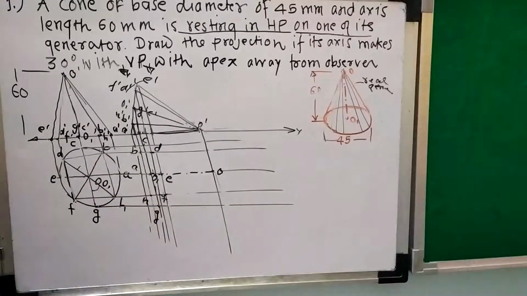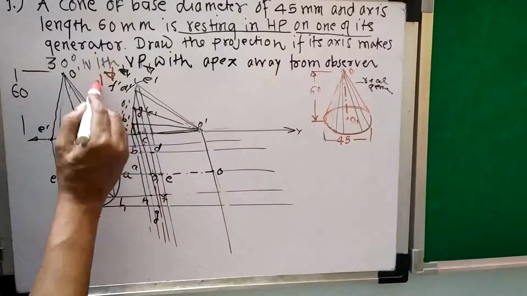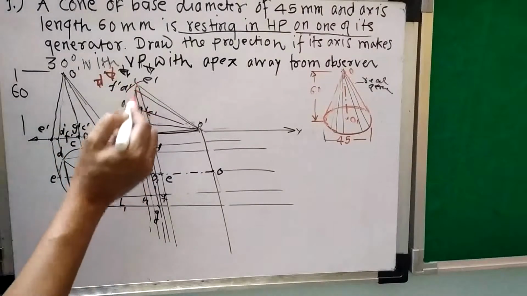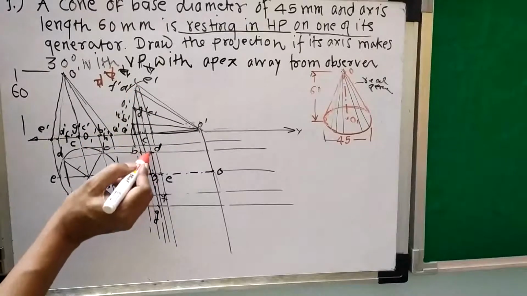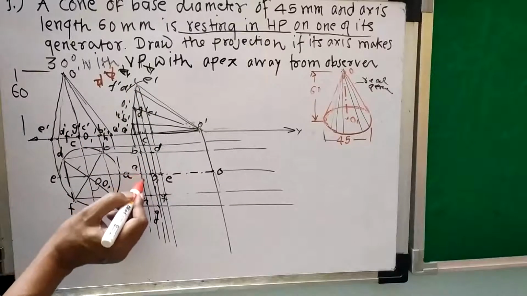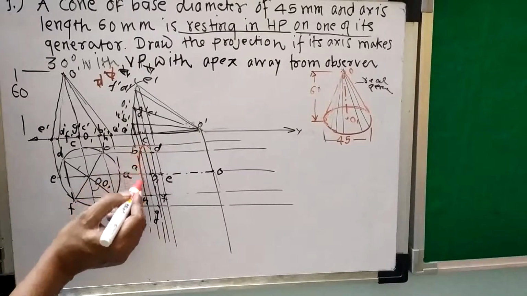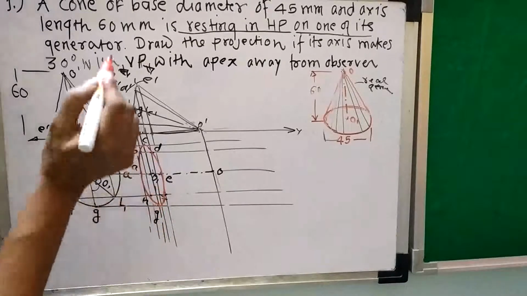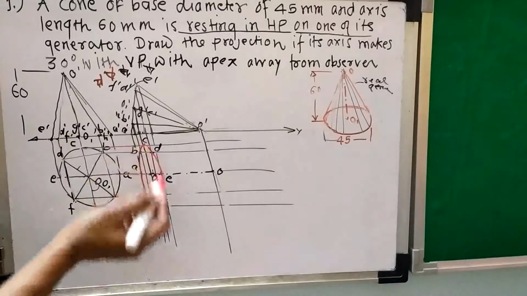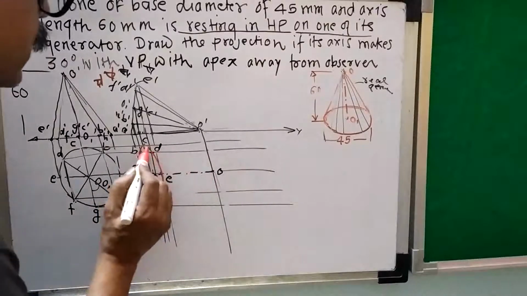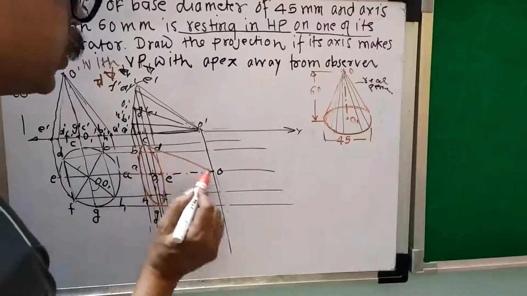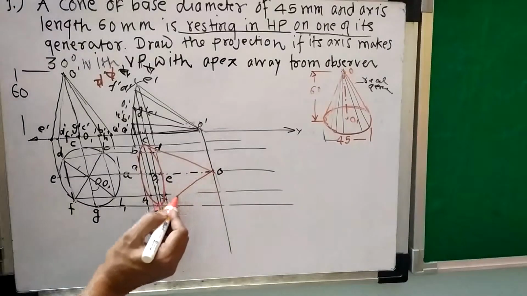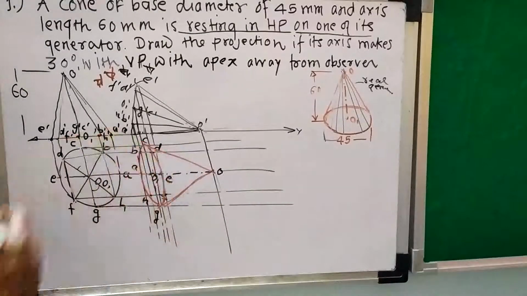So I will join this. So observer is here. So observer can see this bottom face, circular face. So this whole circular face will be dark. So I will join this A, B, C, D. This is an elliptical, and then from this I will draw boundary lines, tangential line from O, tangential line from O. So I will get this solid cone. And this is the axis, O1 axis.